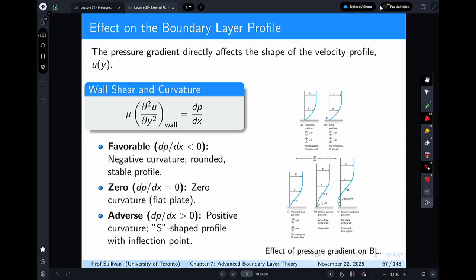I have wall shear stress that goes as mu d squared u/dy squared, so the Newtonian stress, and is equal to dP/dx. For a favorable case, that stress is going to be a positive or negative value, and in that case, negative curvature, rounded, stable profile. If you have zero curvature, flat plate, and positive curvature, S-shaped profile with an inflection point,